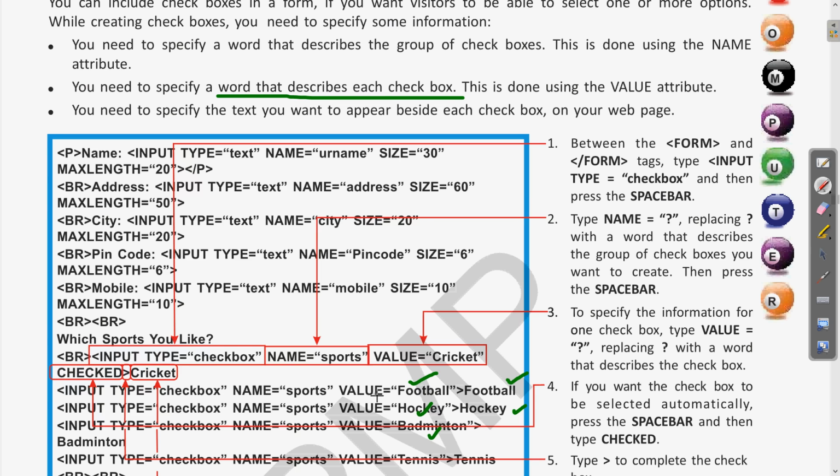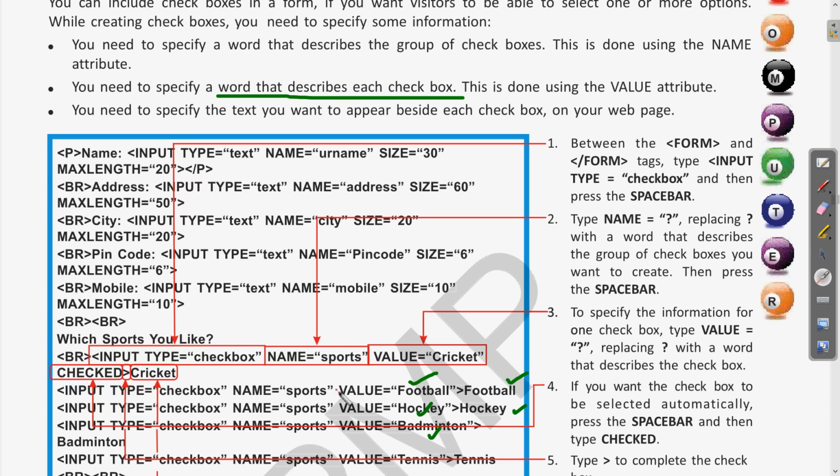So the different attributes which are part of the checkboxes: first, the input type is checkbox. Before this you have seen the input type as text and password. Right now we are dealing with checkbox, so we will write the input type as checkbox. Then we just discussed that we will write a common name that denotes it is part of a single group.